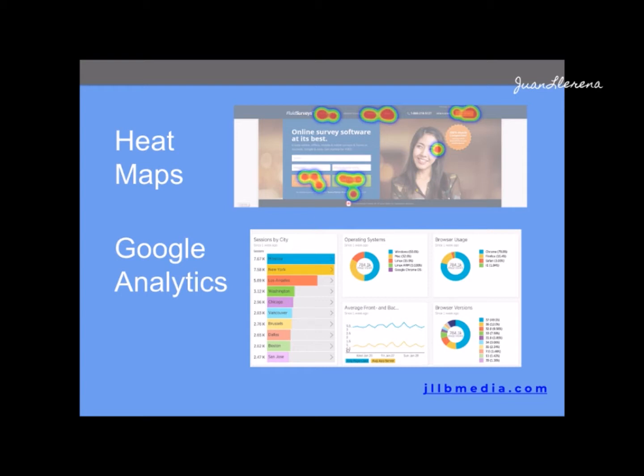And you can learn things like where people are coming from to my site. For instance, in the second graphic there, we have how many sessions by city, and we can see there are over 7,000 from Moscow. The second one is over 7,000 from New York. The third one is Los Angeles, 5,000 plus. Washington in the fourth place, Chicago in the fifth place, and the list goes on.